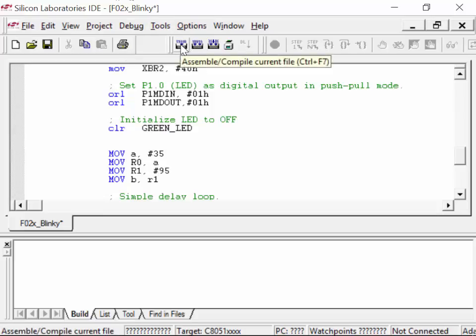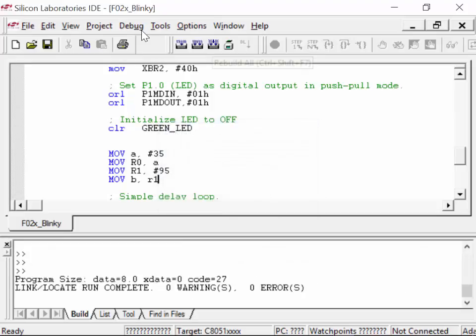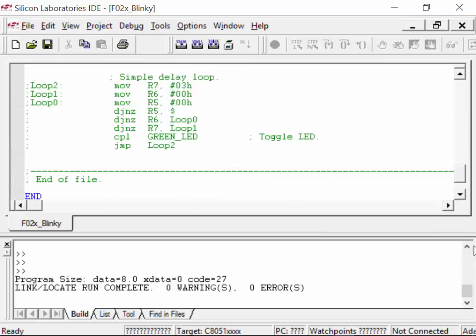And remember, this is the assemble, this is the build, which does the linking. This does all three, or both at the same time. So that's there. And assuming I didn't make any mistakes, it will come up here, and those in the front probably see on the bottom, it says link, locate, run, complete, 0 errors. If I go a little further up in here,